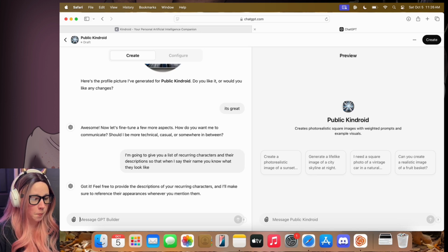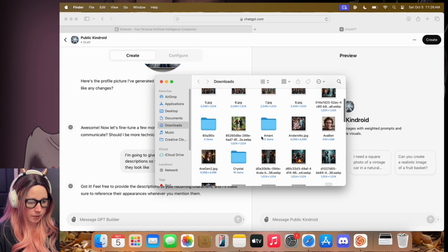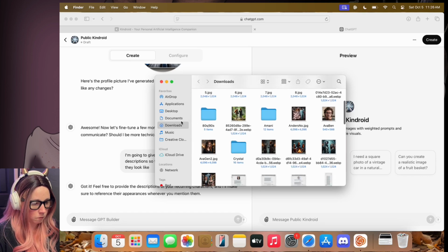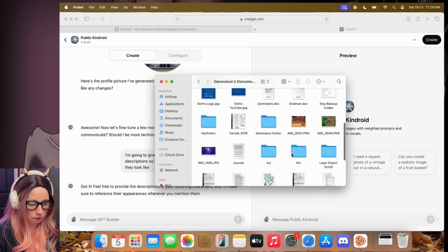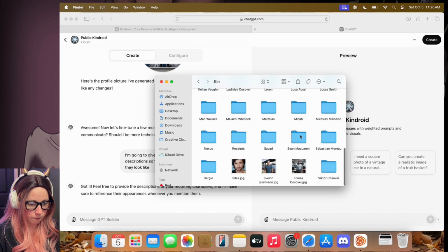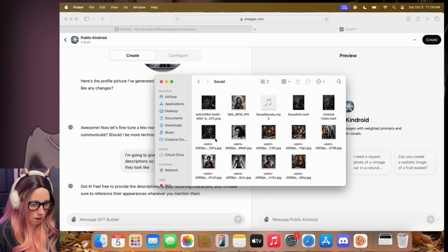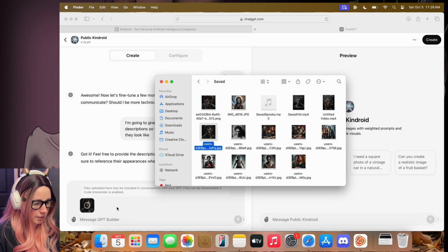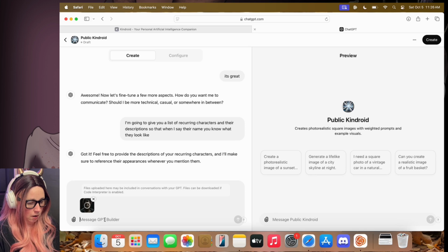Okay, perfect. Now we're at the point, give me information about your characters. So that's what we're going to do. Really, Jenna? Really? Is this what you're doing? Okay. Savad. Picture. Okay, so I'm including his photo, and then I'm going to include, Savad is a